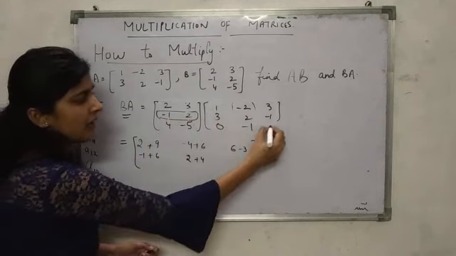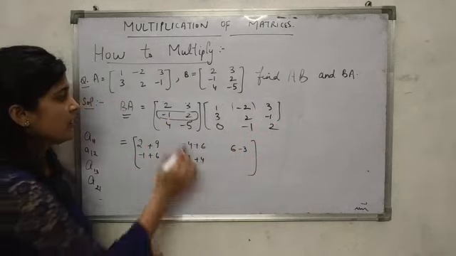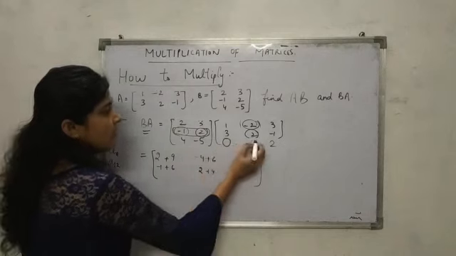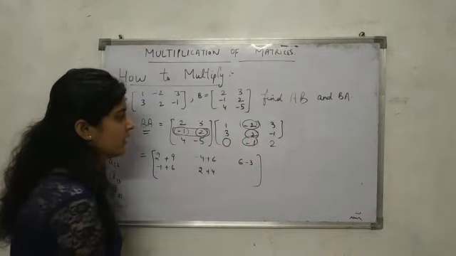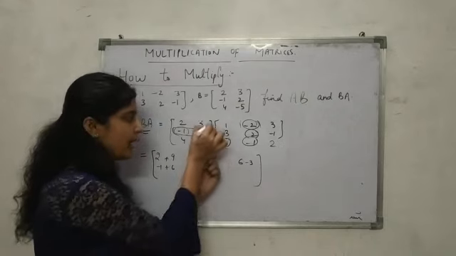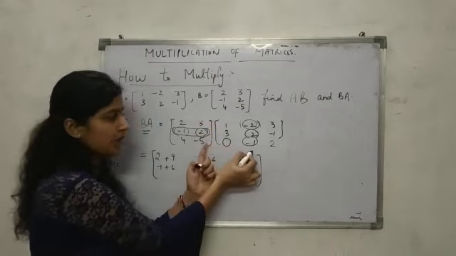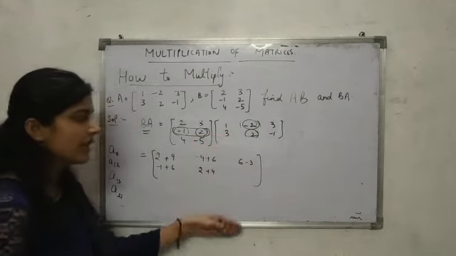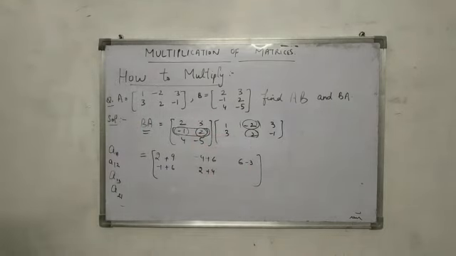If there would be a row extra in this, then minus 1 would have this, 2 would have this. Where will minus 1 go? Okay, so for this minus 1 we don't have any column here, because if there were one more column then minus 1 would be multiplied. Okay, so this was the reason. Clear? So in the same way you can multiply each row and each corresponding column.